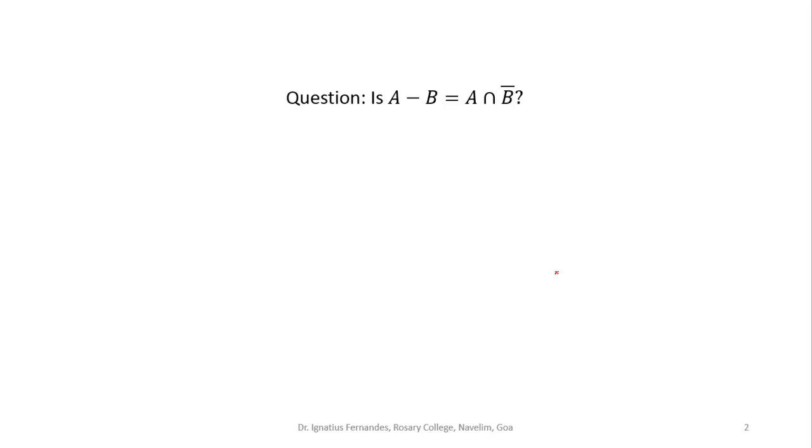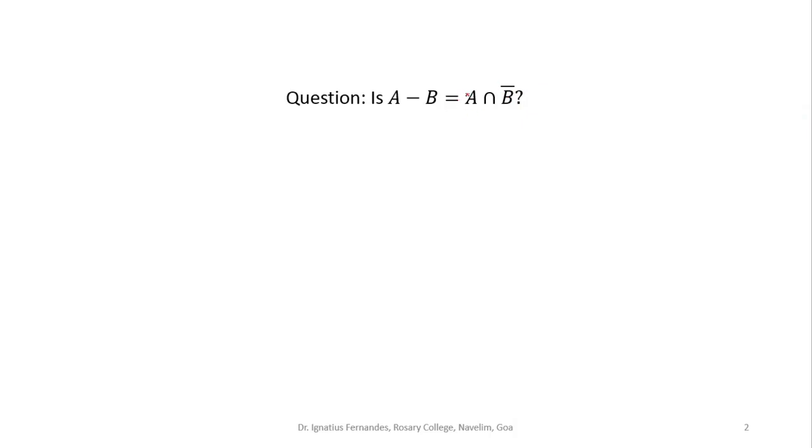by using definitions. Now suppose I want to find out whether A minus B is equal to A intersection B complement. This, of course, we know how to prove by using a Venn diagram, and that's what we saw in the previous module. Now, if I have to go in general, I can prove it by using definitions as well. A minus B is a set, and A intersection B complement is another set as well.